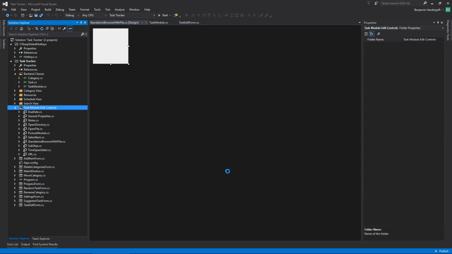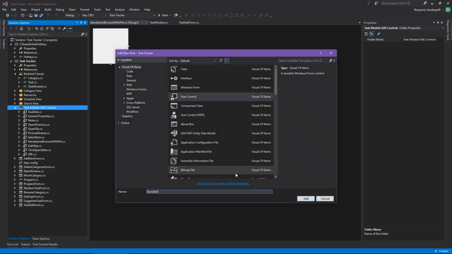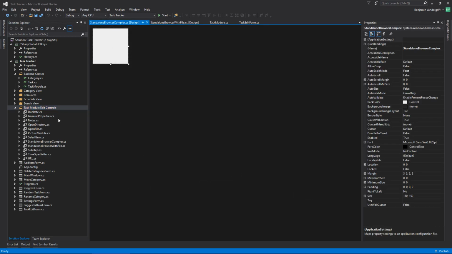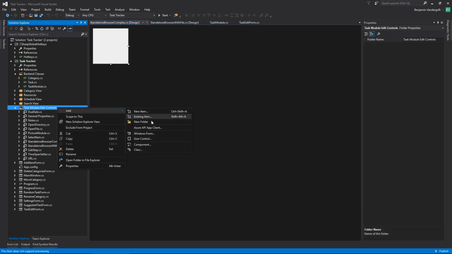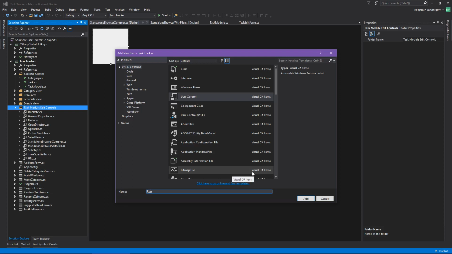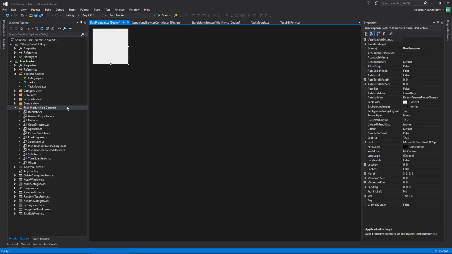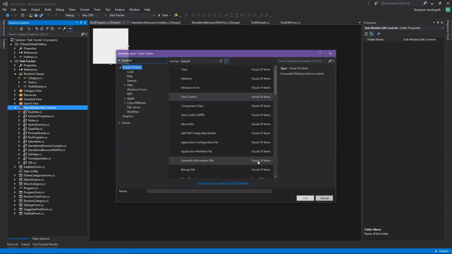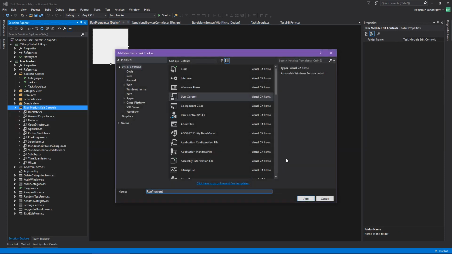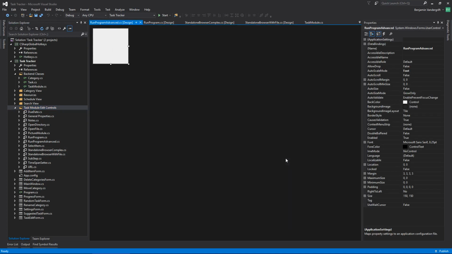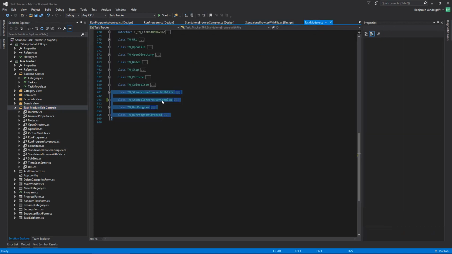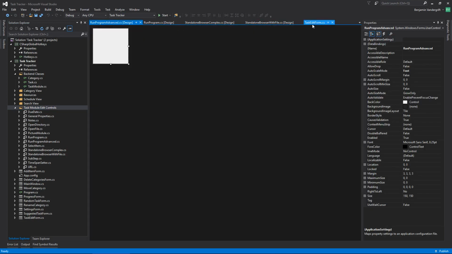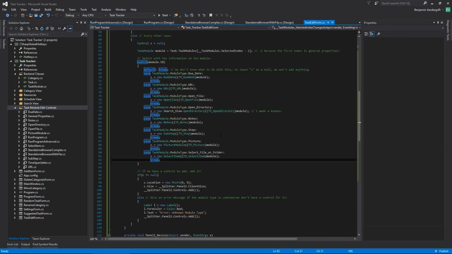A user control for standalone browser complex, for run program, and last but not least, a user control for run program advanced. Okay, so these are the four things. Right here, you can see them. And we're going to need to